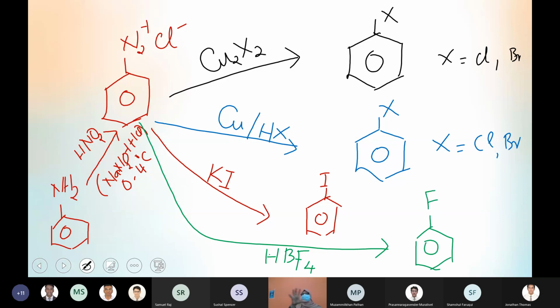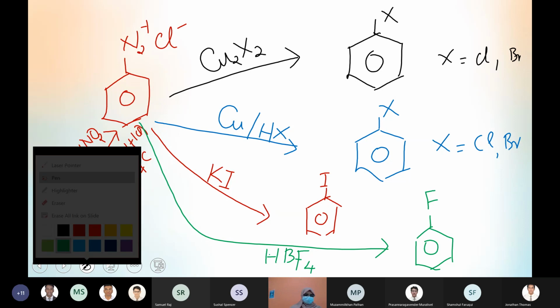So this is how you can summarize the entire reaction, where you're preparing different haloarenes, that is chlorine, bromine, iodine or fluorine substituted compounds from diazonium chloride. If you could prepare a diazonium chloride from a primary amine, from that you can get any desired product, maybe chlorobenzene, bromobenzene, fluorobenzene and iodobenzene, and what you can see is only the conditions are different.